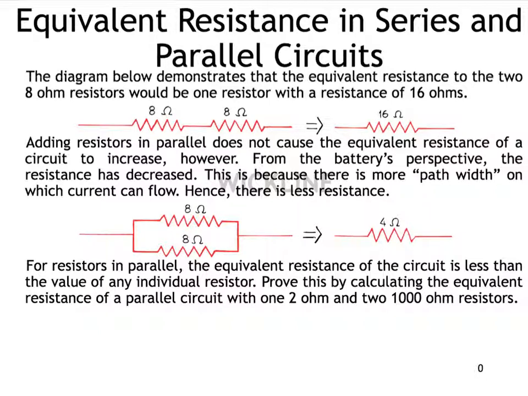So there are some tricks for some mental math, I suppose. If you are trying to calculate the equivalent resistance, which is the combined resistance of all the resistors in a circuit, you'll have different strategies depending on the type of circuit you're looking at. So if you have a series circuit like this, you would just take their resistances and add them together and get 16. On the other hand, if you're looking at a parallel circuit like that one, you need to acknowledge